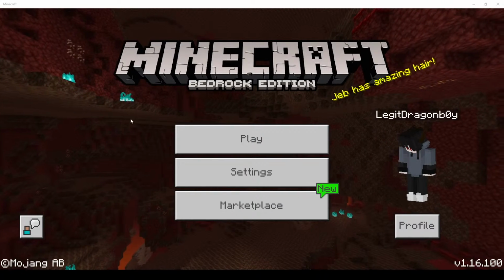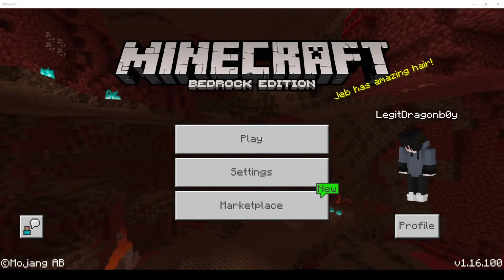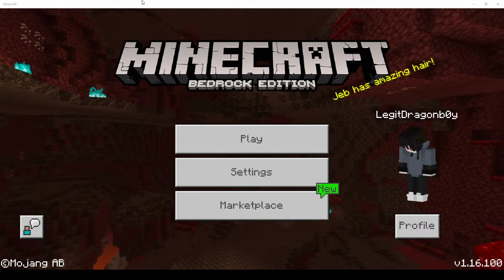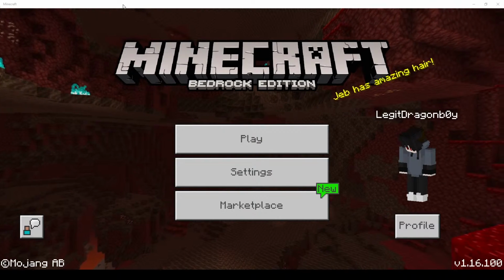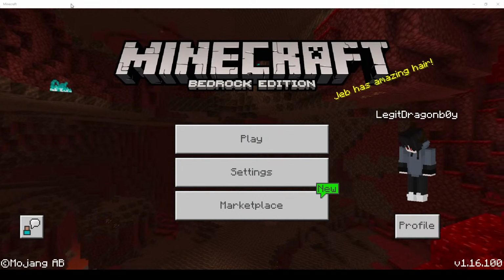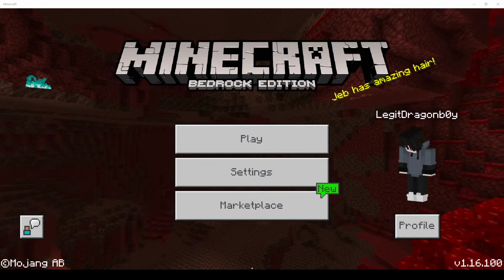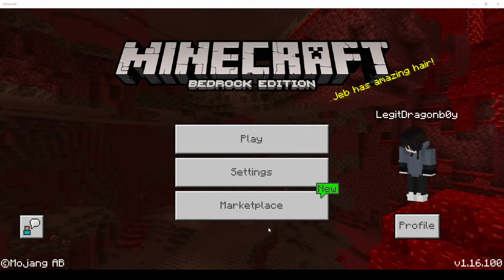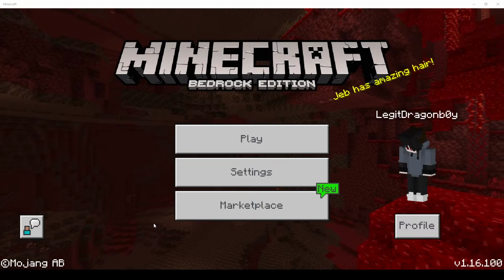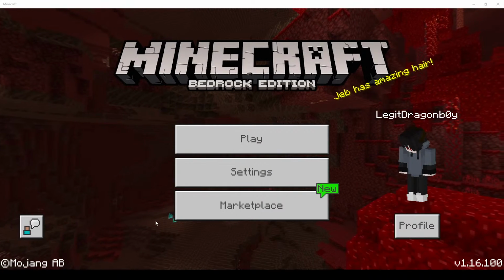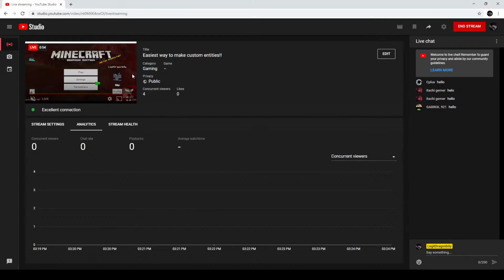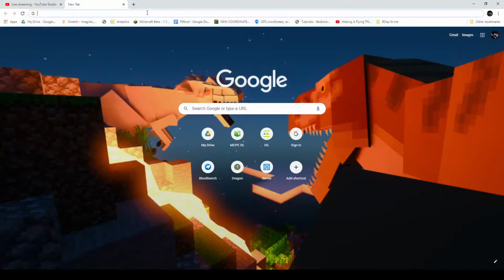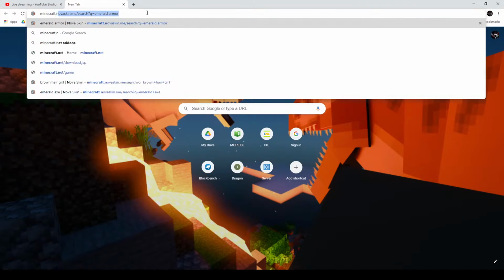So first, the files you need from Chrome are the default vanilla files. I'll show you guys how to get the vanilla files. Sorry guys, this is taking a bit. I'm not that good. So first you go to Minecraft.net